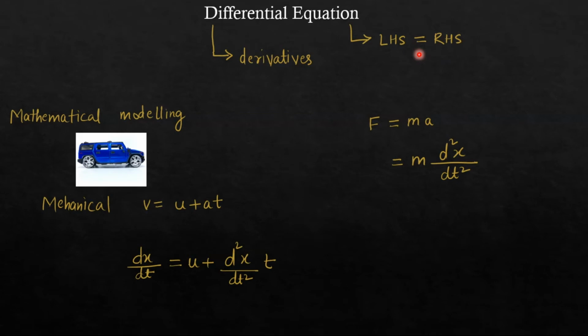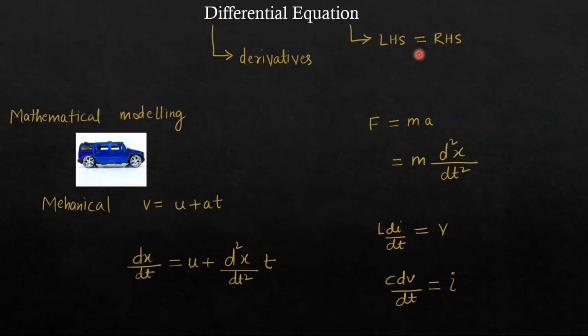Is it fine? Similarly, in electrical, whenever we are dealing with a circuit consisting of inductor and capacitor, like L di/dt = V. This is the voltage across inductor, that is represented by L di/dt. And in case of capacitor, C dV/dt = current I. This is the current in the capacitor. It is represented by C dV/dt. So we are coming across the differential equation. Whenever derivative occurs in an equation, it will be termed as a differential equation.